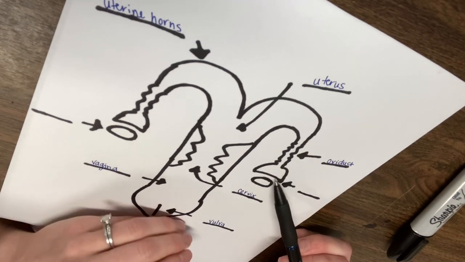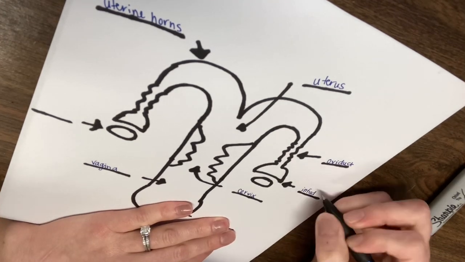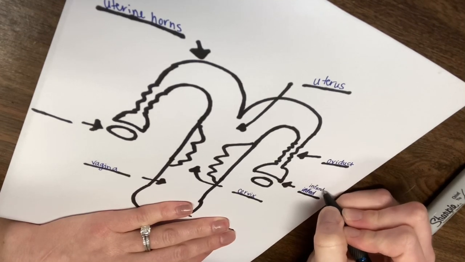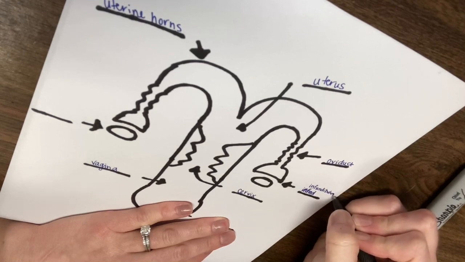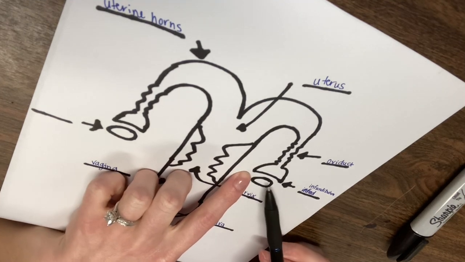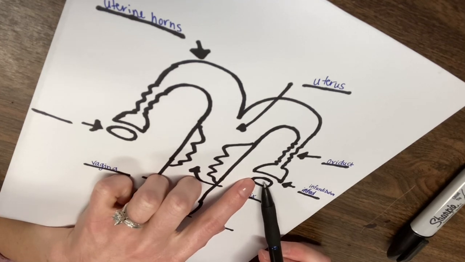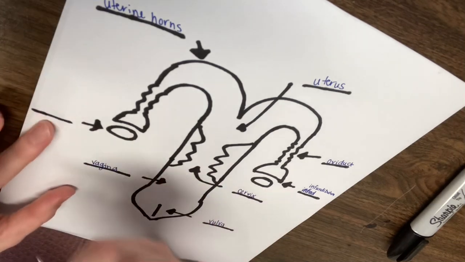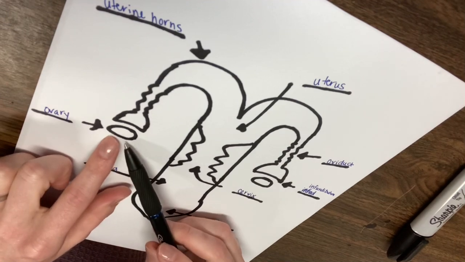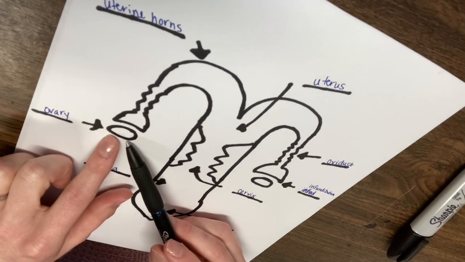Again, continuing to move down, we next get to the infundibulum. And what this infundibulum does, which is this funnel shape or umbrella shape structure, is it helps to capture the egg that is released from the ovary. So I already told you what this structure is, which is the ovary. And again, as I said, the ovary functions not only to produce eggs, but also to produce hormones such as